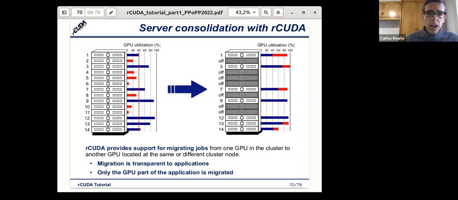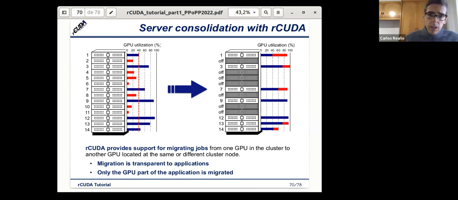So we could think that maybe we can consolidate some of these servers, switch them off, and migrate the GPU tasks to other servers in order to have more GPU utilization in the nodes which are switched on, and switch off those servers in order to save energy.